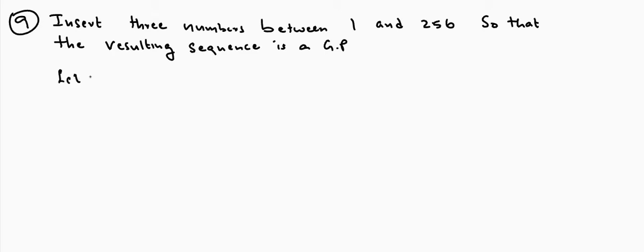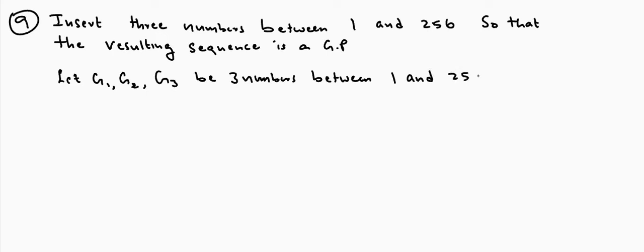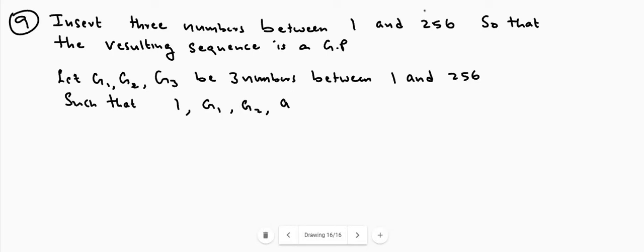Let G1, G2, G3 be three numbers between 1 and 256 such that the first number is 1, the second is G1, third is G2 and the fourth number is G3, and the last is 256, is a